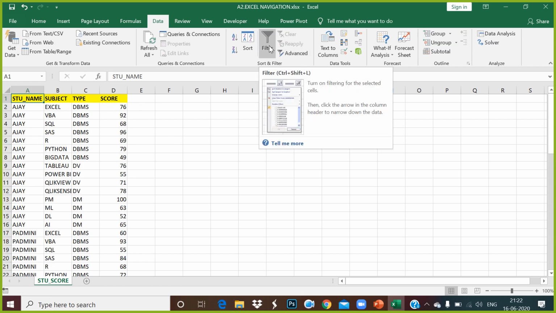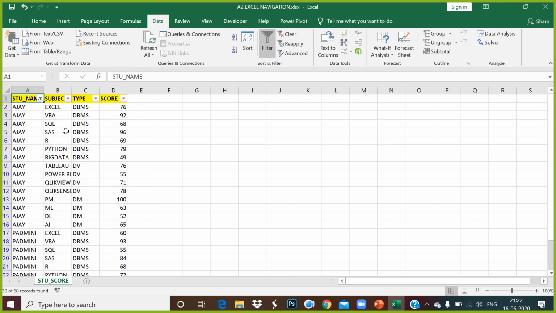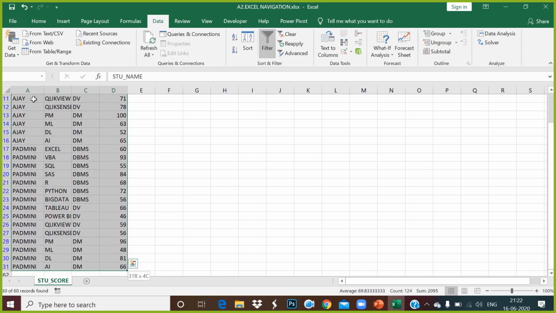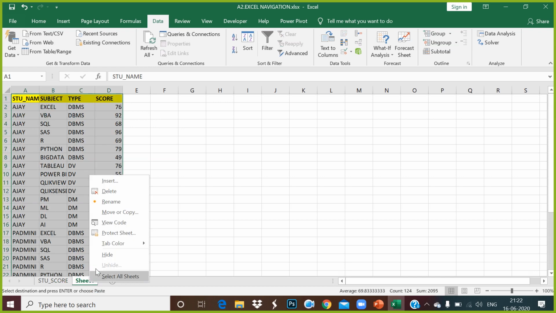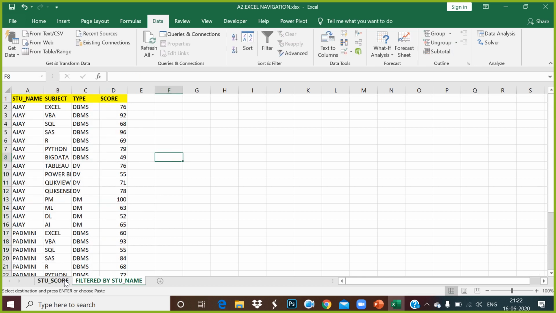Now, guys, I'll have a test. Somebody says, could you please get Ajay's performance and Padmini's performance pasted to another sheet? How should you go for doing that? You select this over here, select student name, and select Ajay and Padmini. Then you press Control Shift right arrow to select the entire selected data, Control Shift down arrow to select the entire range of data. Copy and paste it over here. This is called filtered by student, Ajay and Padmini. Is that clear now, guys? So this is how we make a filter and select the data.